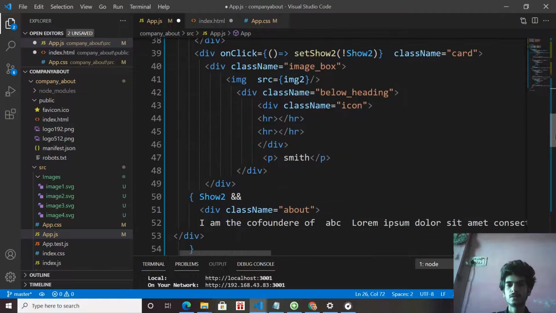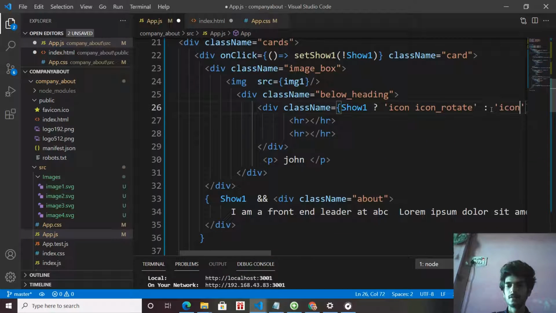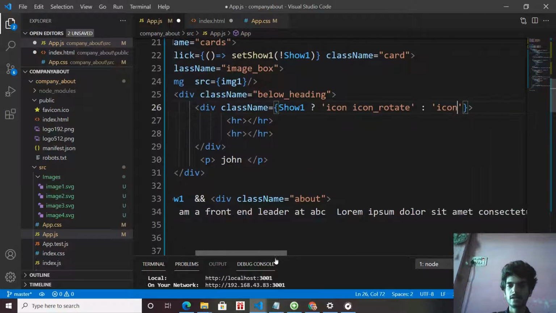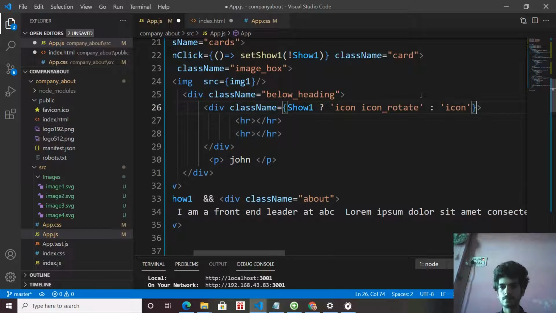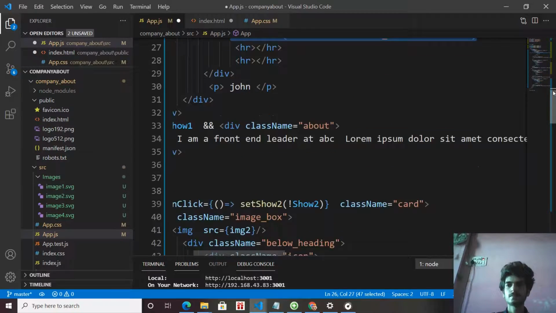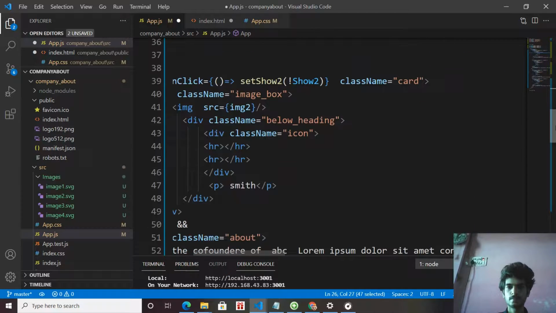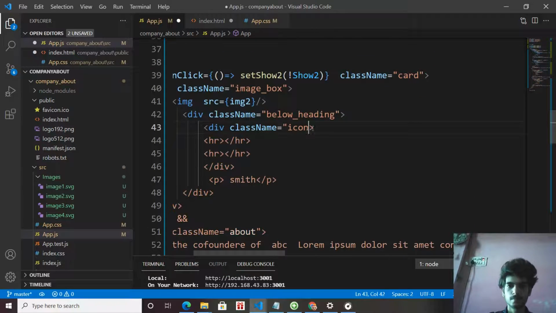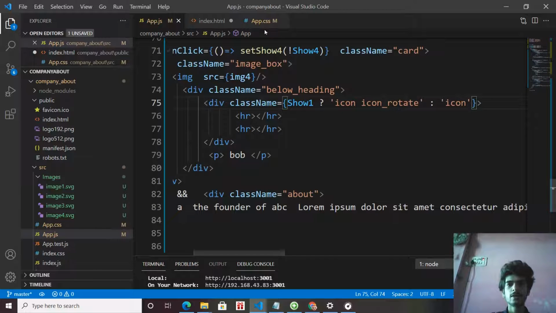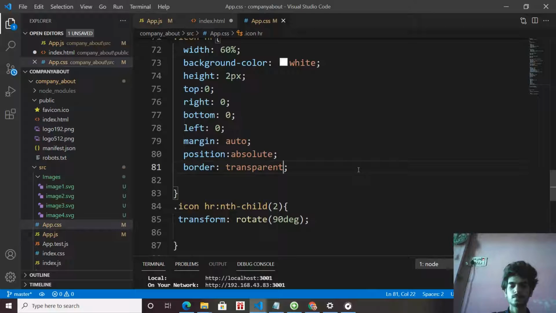Do this the same way at every card. Copy this. Now create this icon.rotate class.